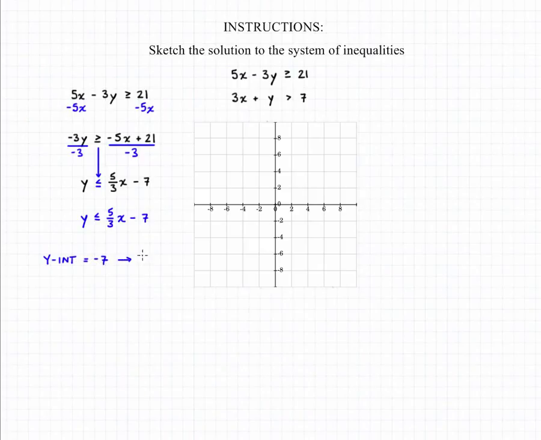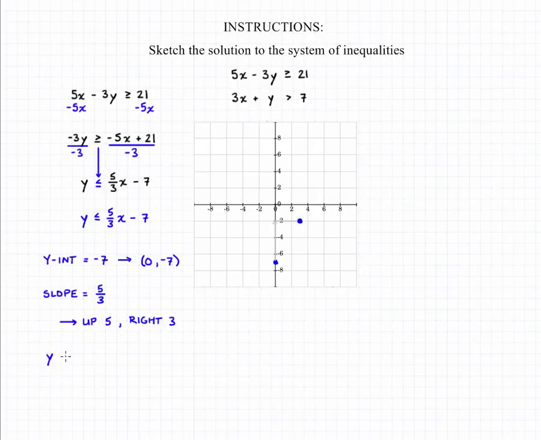That tells us the y-intercept of this, if we were thinking about it like a line, would be negative 7, so the point 0, negative 7 has to be on our graph. We also know the slope of this line would be 5 over 3, which means to find another point in the line, we can take our current point and move up 5 and right 3. If we move up 5 and right 3, we'll end up with a second point,